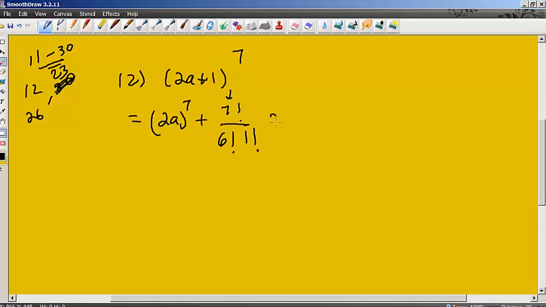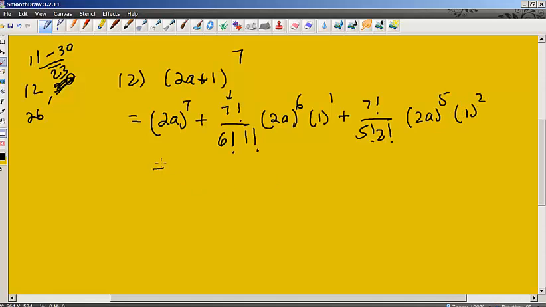Okay, and then 2a will be to the power of 6, and then I have a 1 to the power of 1. And you don't have to write the 1 if you don't want to. Then I got a plus 7 factorial over 5 factorial times 2 factorial. And then 2a will be to the power of 5, and then 1 will be power of 2. Okay, and then plus, I have a 7 factorial over 4 factorial times 3 factorial. 2a will be the power of 4, and then 1 will be power of 3, plus 7 factorial over 3